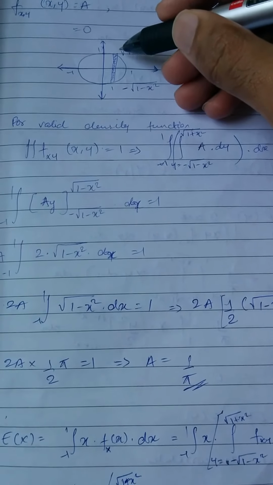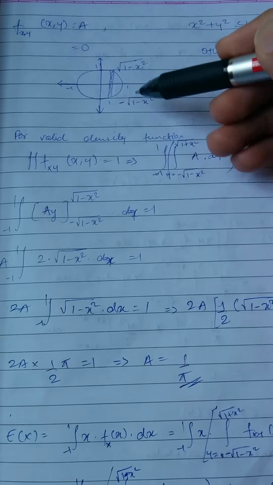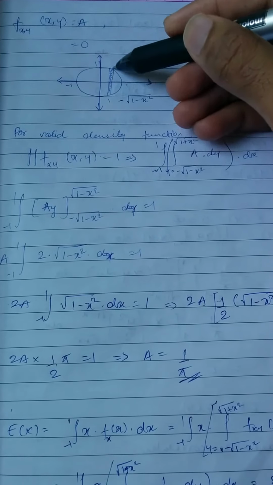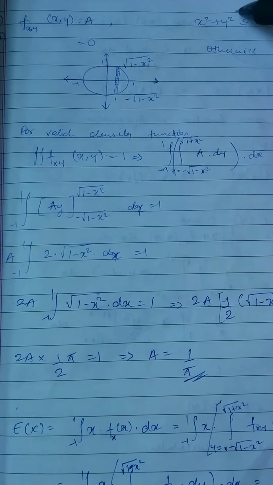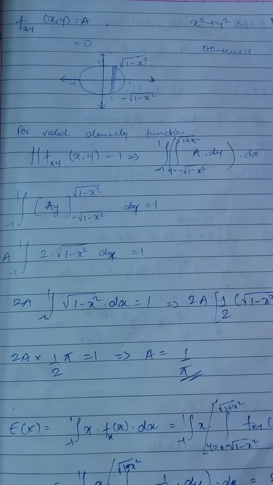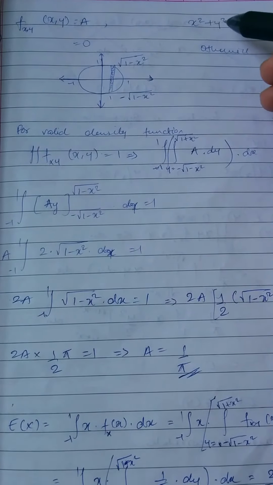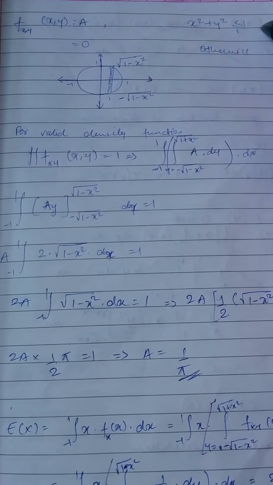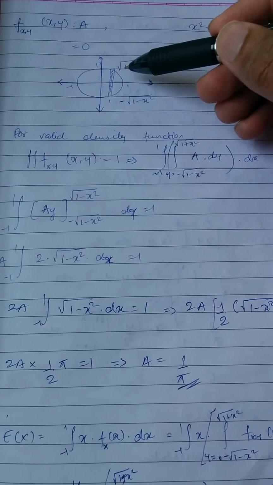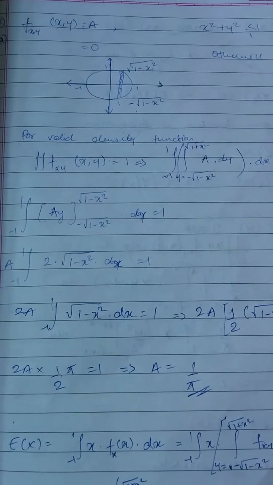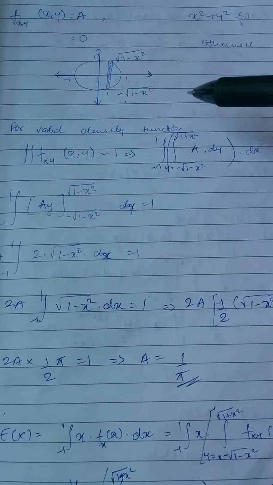Now we are taking that x varies from -1 to 1 for dx, and for dy we are taking this strip that is parallel to y. Y square would be 1 minus x square, so y is the square root of 1 minus x square, and since it is a square, it can have two roots, positive and negative. So the limits we have taken are from minus square root of 1 minus x square to square root of 1 minus x square.